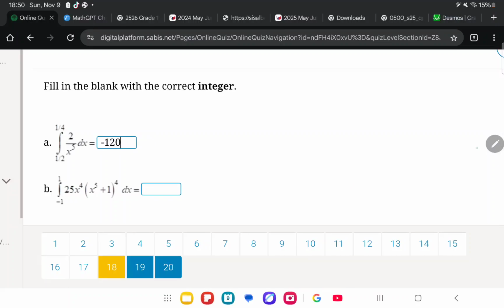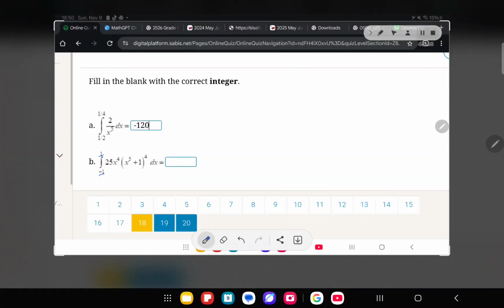Now part B, we just have to integrate this. This time this is valid. The lower value is under the integration sign and the greater value is above the integration sign. So we have to do the substitution method. We take u as x to the power 5 plus 1, not just x to the power 5. Then we derive it, so du over dx is equal to 5x to the power 4. And now we just want to find dx in terms of du, so we just isolate dx, we get this. And then you get